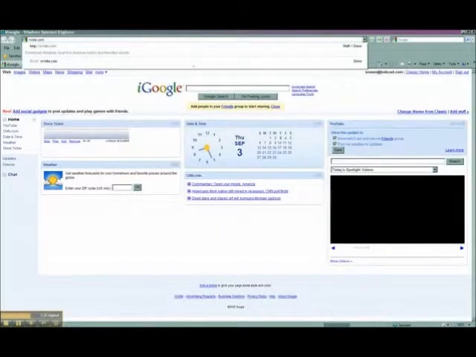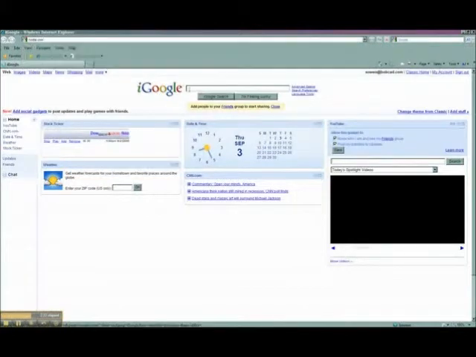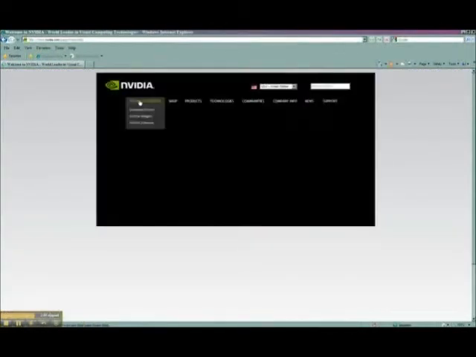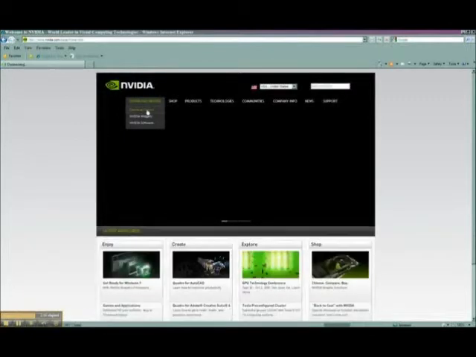Now if you're not sure of the website for the graphics card driver, you can go ahead and do a search for the graphics card maker. In this case it's NVIDIA. And you'll see that I get the NVIDIA website. I'll go ahead and go to their website. I can see that there's a link for download drivers. So now I'll go to download drivers,